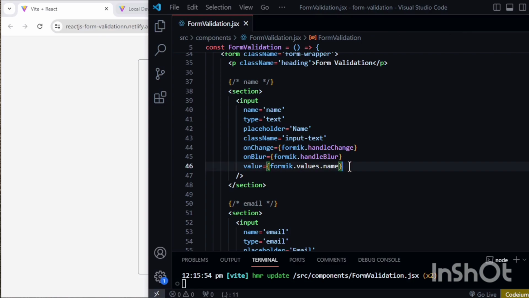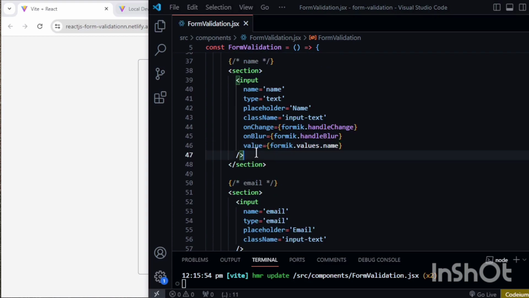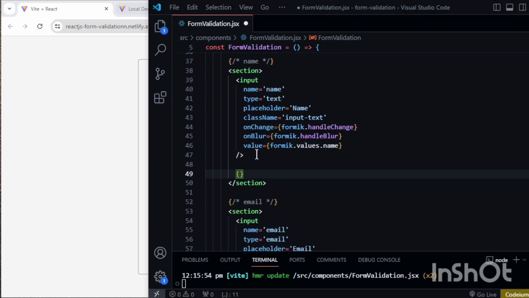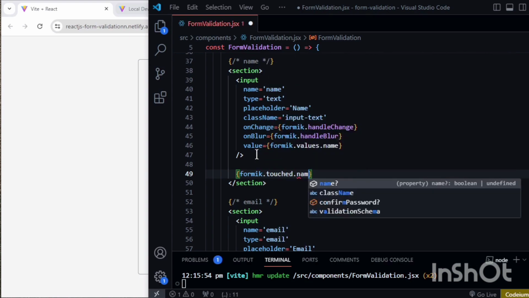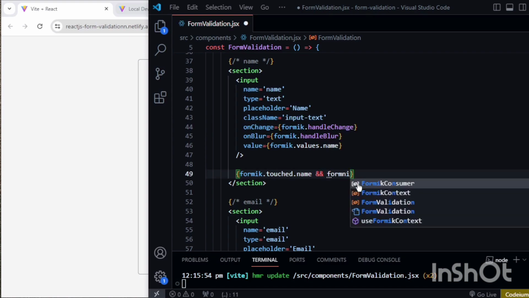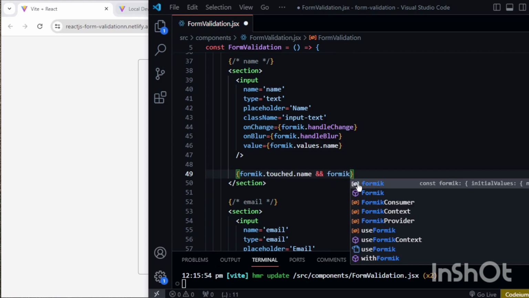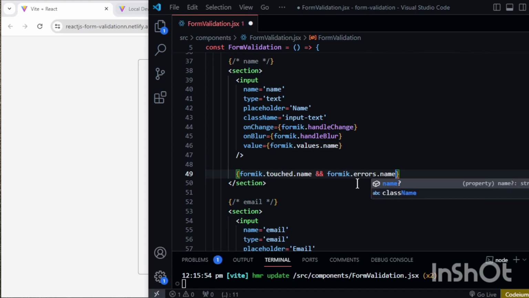And yeah, I think we are done, and we have to provide the name errors, right? We have to provide the tags for showing errors. So I'll come below there and say formik.touched. If the user has touched the name field, meaning they've input it, right? We're taking this for the name field, so I'll say name and formik.errors, if the Formik has any errors in the name field,